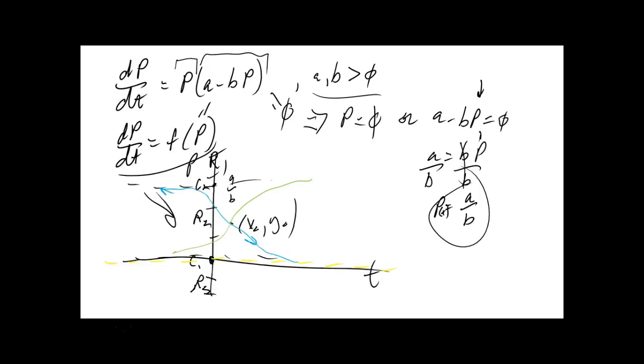If y of x is bounded above and below by two consecutive critical points, then the graph of y must approach the graphs of the equilibrium solutions. If y is bounded below by a critical point, as in the region, then the graph of y of x must approach the graph of the solution y equals C2 either